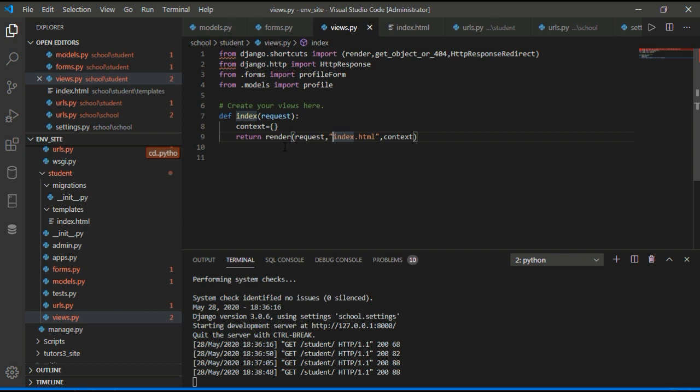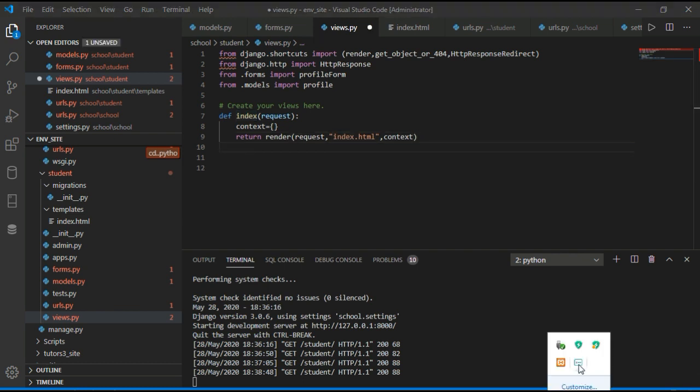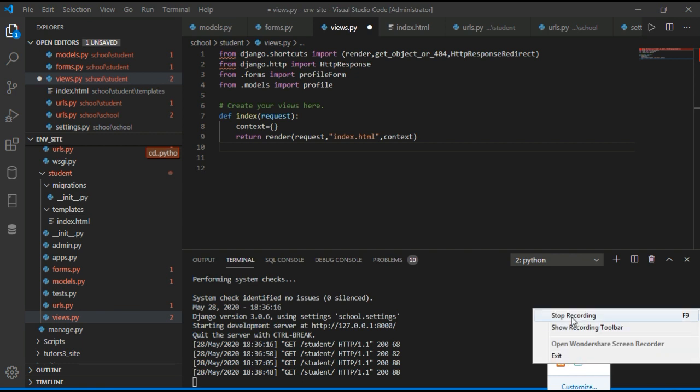There is no need to mention templates. It means index.html is in the root of the templates directory. There is no need to include templates. If you have subdirectory profile, then you should include profile/index.html. So this is how templating works. So this is index.html. We have to create other functions to view other functions, right? Now we create other functions.